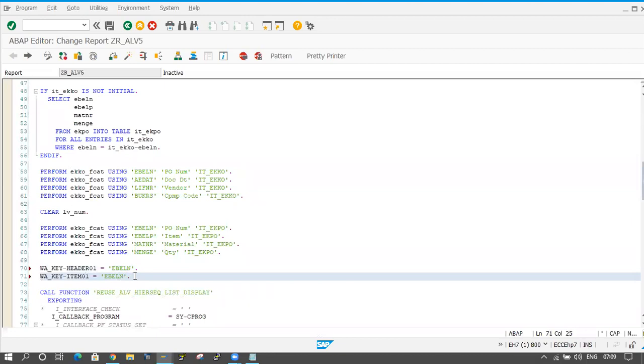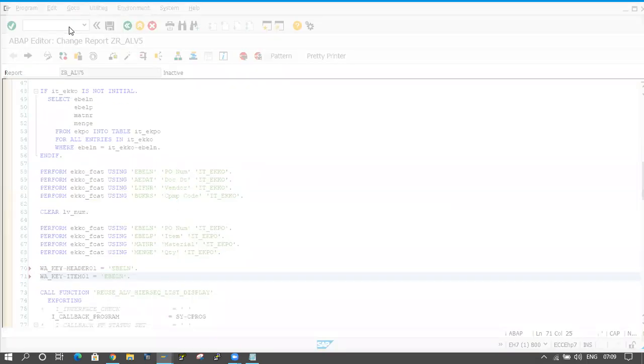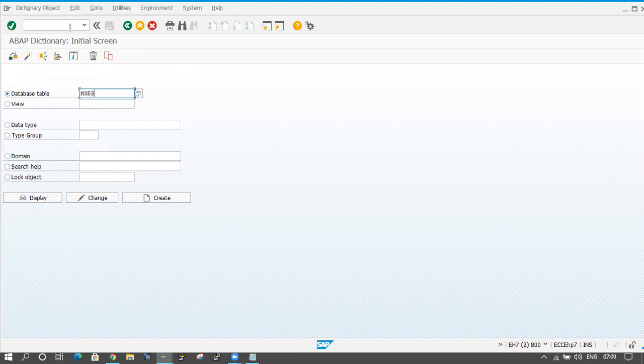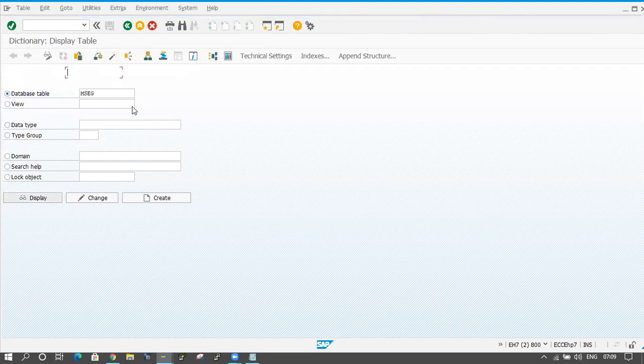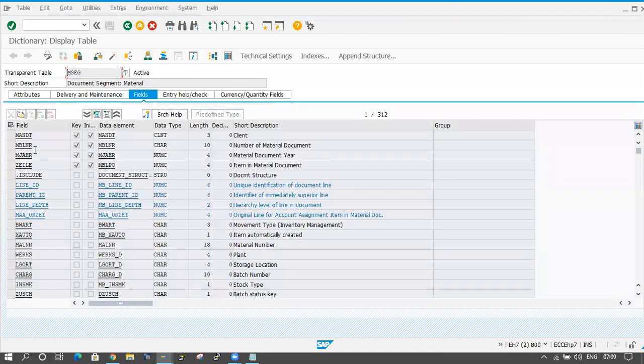Sometimes we may have two link fields or three link fields in the header and item tables. For example, I will open the MSEG table, click on display button. Here MBLNR, MJAHR, ZEILE, three key fields are there.